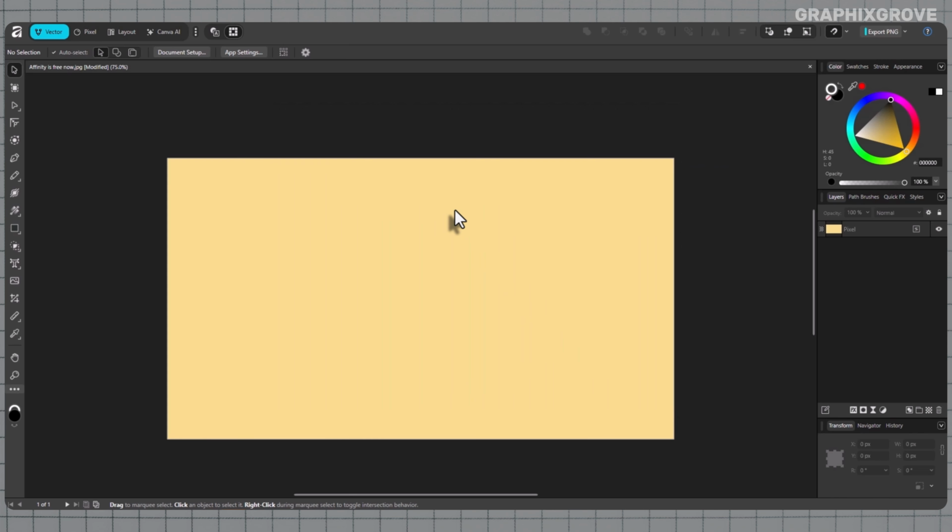Back on the workspace, look at the Transform panel on the right. The width, height, X and Y values now show the unit you selected. If you switch to millimeters, everything updates instantly. The rulers across the top and left side of your canvas also adjust, so you can judge scale more accurately